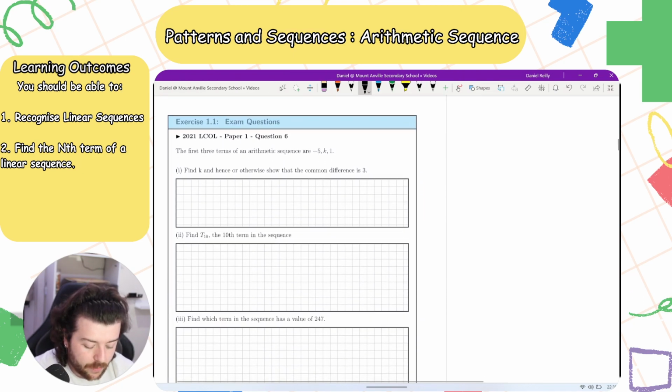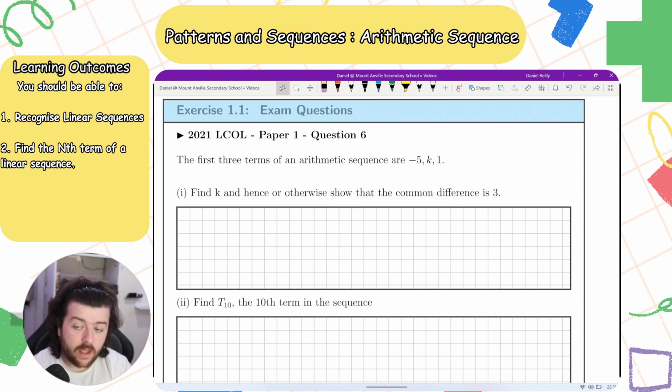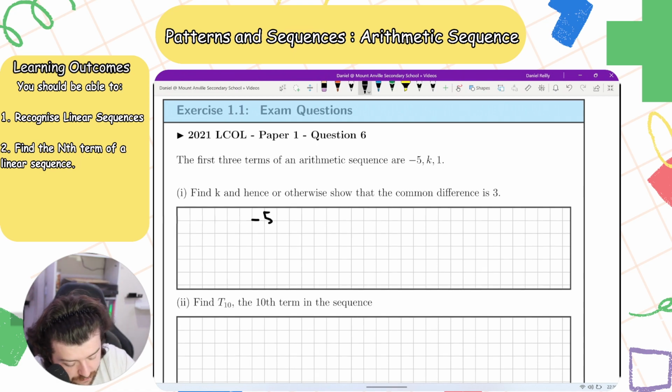Let's look at some exam questions now. So this is one from 2021, paper 1. The first three terms in an arithmetic sequence are minus 5, k, and 1. Find k and hence or otherwise show that the common difference is 3. So